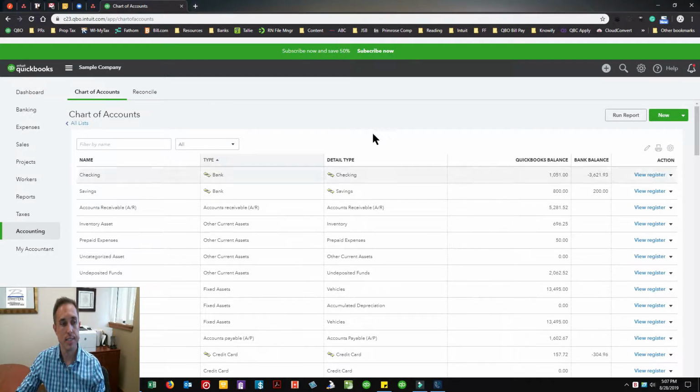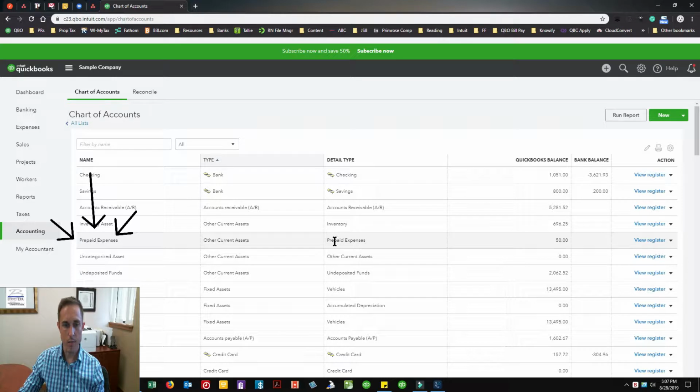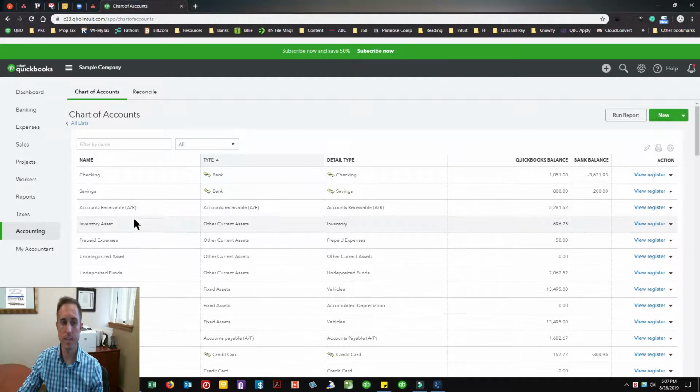For instance, we have prepaid expenses here on my chart of accounts. Maybe I don't have prepaid expenses. Maybe that should be the inventory asset over here. All we're going to do is make sure that the details match when we edit this account, and it's pretty